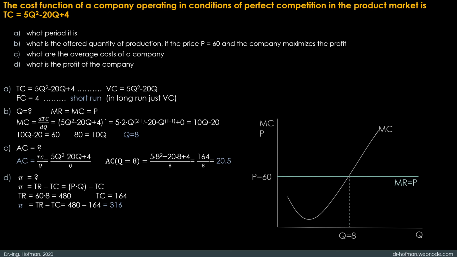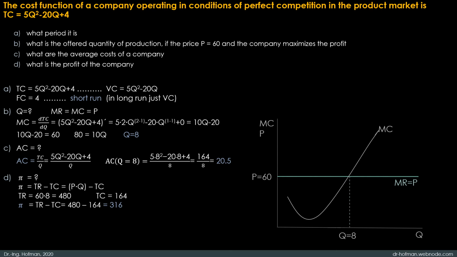In the D point, there is the last question. What is the profit of the company? Profit is given like total revenues minus total costs. Total revenues could be written like P times Q, price times quantity, minus total cost TC. If I do the subtraction of TC from this P times Q, I will get price 60 times 8, quantity,